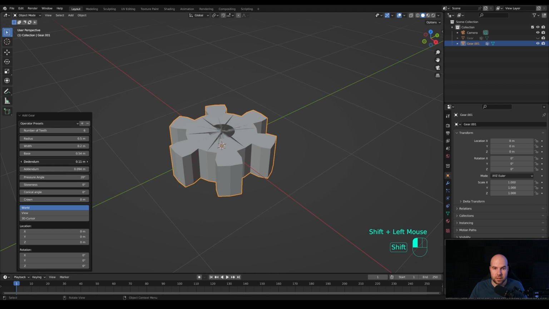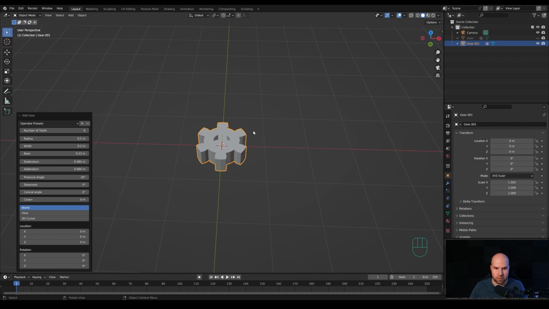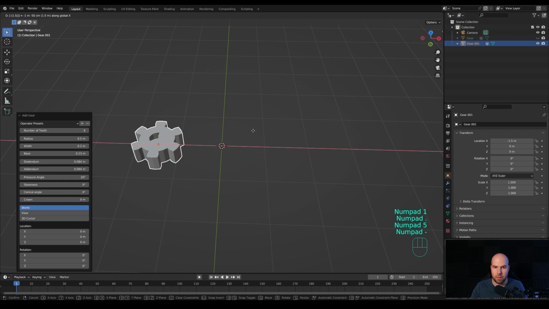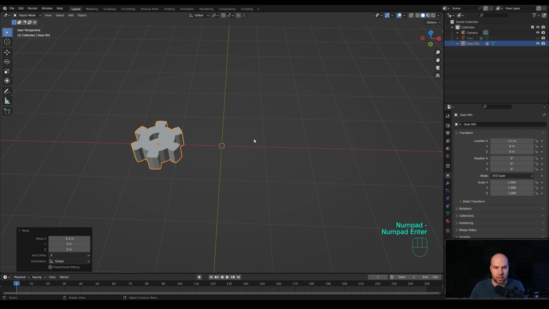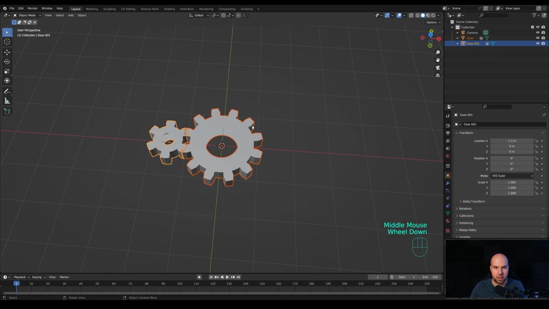So let's now modify this, because these settings right here are not working anymore. So we need to reduce the base size to something like this, let's say. Okay, I think this will work just fine. So let's press G then X, and we'll need to move this minus 1.5 meters and confirm with Enter. So now if we press Alt H and unhide the larger gear, we're exactly where we want to be.